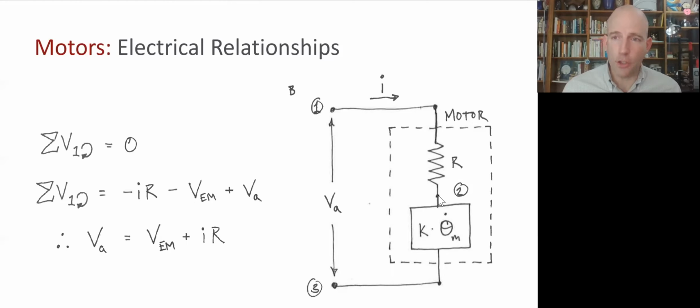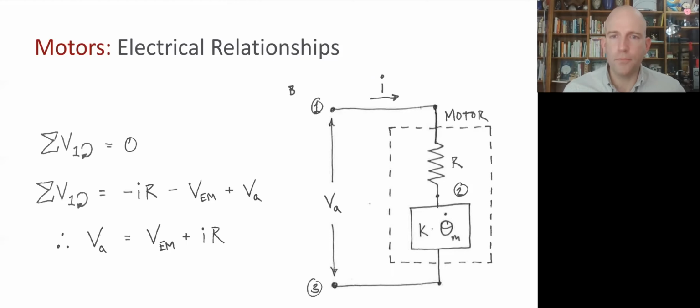And then the second voltage drop inside the motor will be due to this electromechanical effect we just talked about. And the back EMF there, that'll be K times the angular velocity of the motor. And then, of course, we're going to apply some voltage to the motor by connecting the leads to a power supply or a battery or something like that. And so if we put that all together, we'll get that the applied voltage is equal to the electromechanical voltage plus the